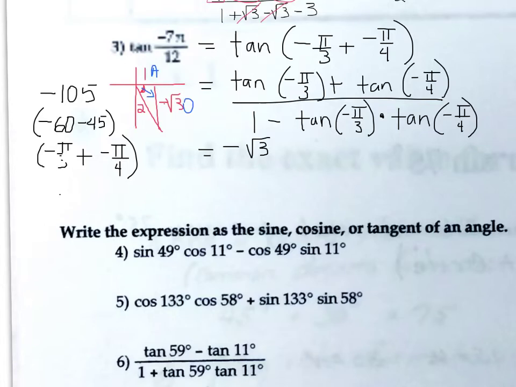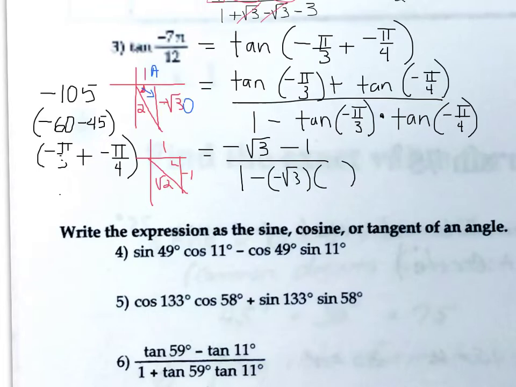And now for tangent of negative 45, let me sketch a little triangle that is a 45. Negative 1, 1, and this is the square root of 2. So tangent of negative 45, that would be negative 1 over 1, so it's negative 1. And then on the bottom, 1 minus the product of those two numbers, which is negative square root of 3 and negative 1. So that is negative square root of 3 minus 1, all over